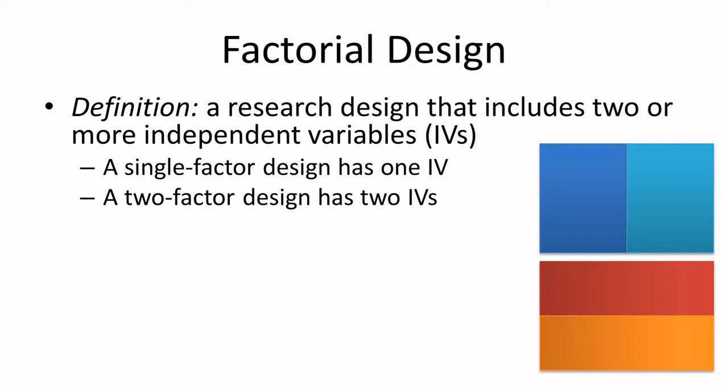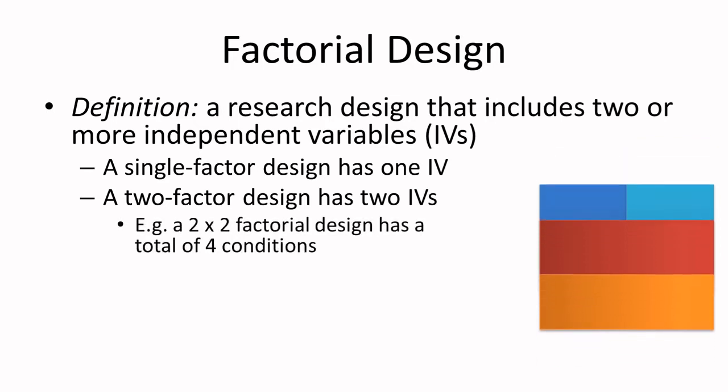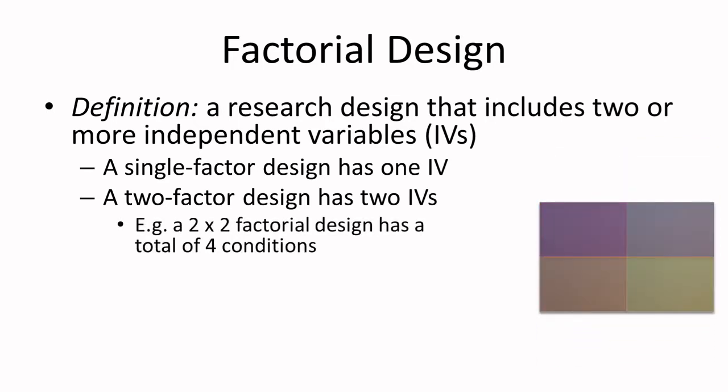And you can see that conceptualized over here on the right side of the screen. My first independent variable has these two different conditions. It could either be the left or the right. And then my other independent variable could be top or bottom. So two independent variables with two different groups in each. This is what we would call a 2x2 factorial design. There are four possible combinations of these two independent variables with their two conditions each.